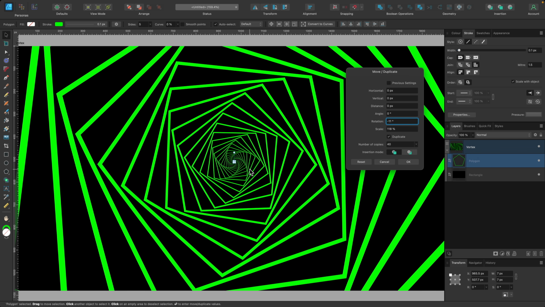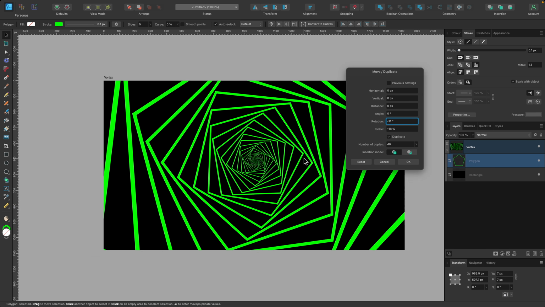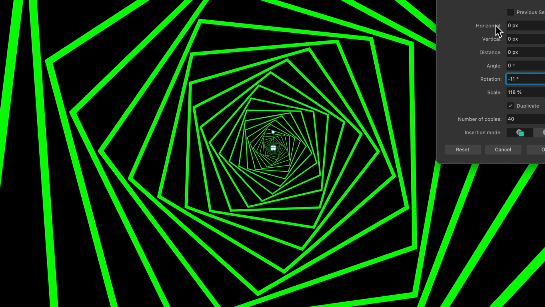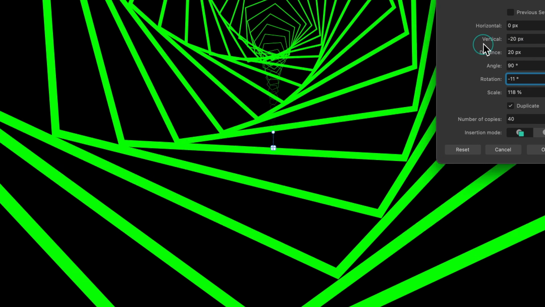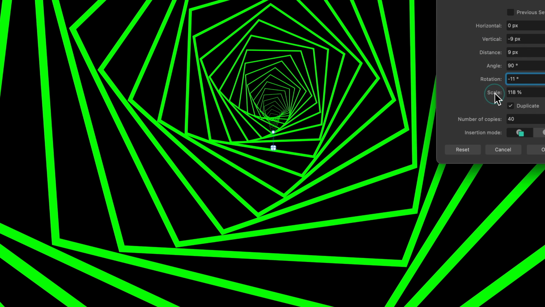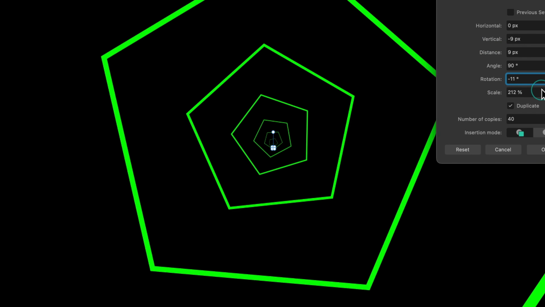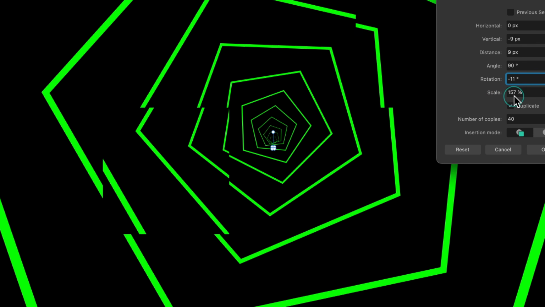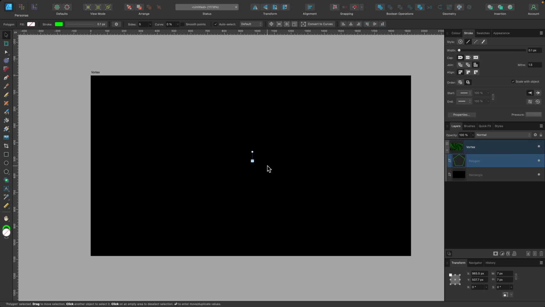So there we go. Obviously, you can change the color like I've shown you earlier on in the tutorial, but this is a really quick, easy way to get this vortex. And of course, you can play around with the vertical and the horizontal, etc. And then you could do that whole wormhole thing. Okay, so that's one example. Let me delete that.